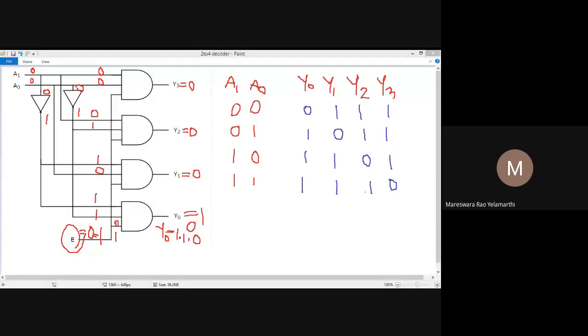Sarojini, Yogendra, Akshaya, Santosh, Vivek Rao, Pratibha, please respond quickly. Then only I will move ahead.